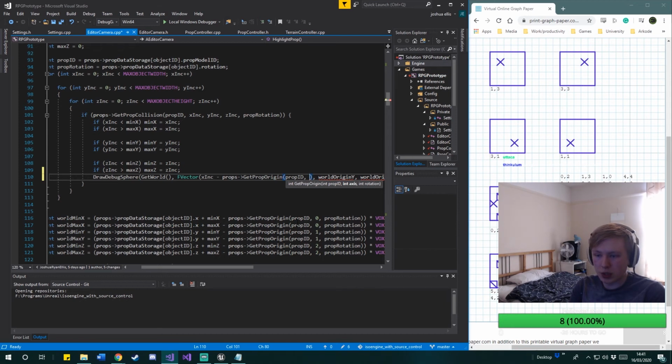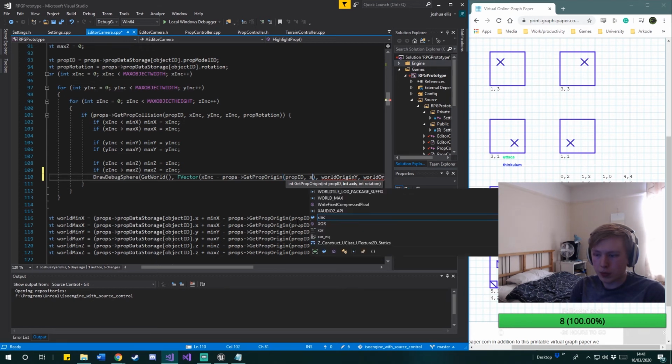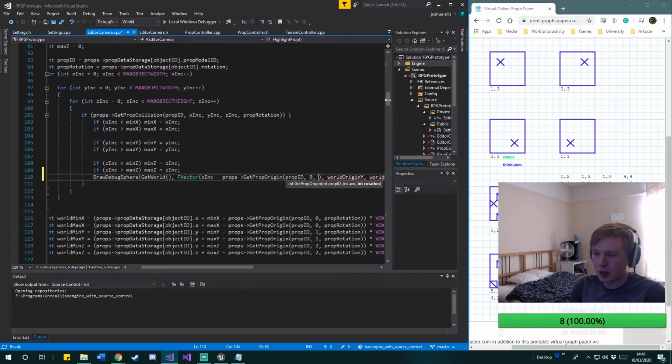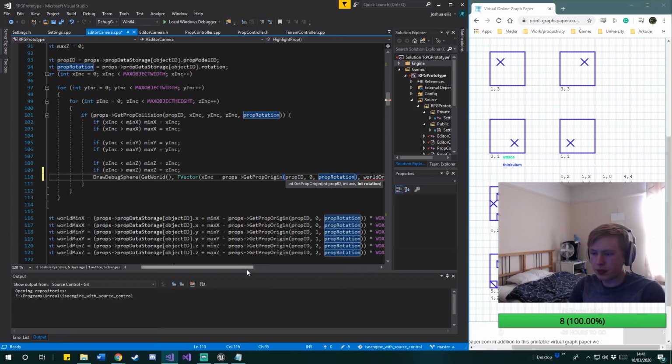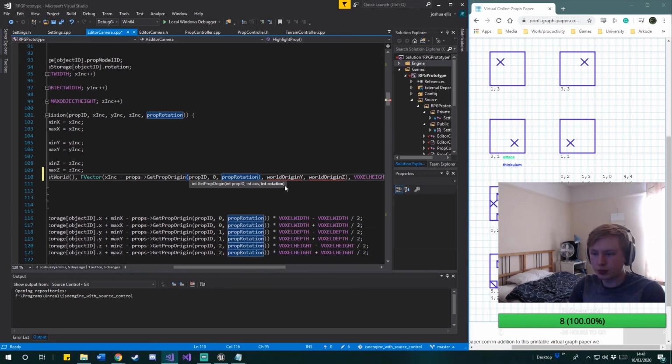The axis would be, this is just the X, so that would just be 0. And then the rotation would be, well, we've got prop rotation there, so let's use that. And then again, we kind of want to do the same thing. Oh, but this isn't the full calculation, actually. We need the